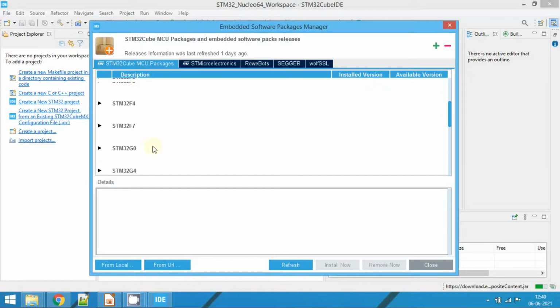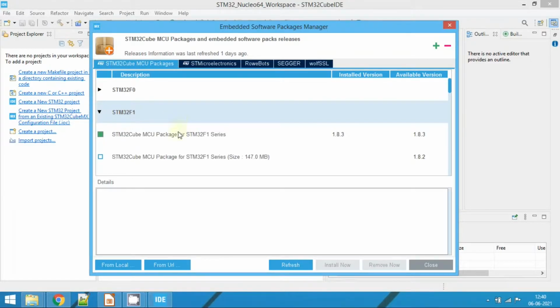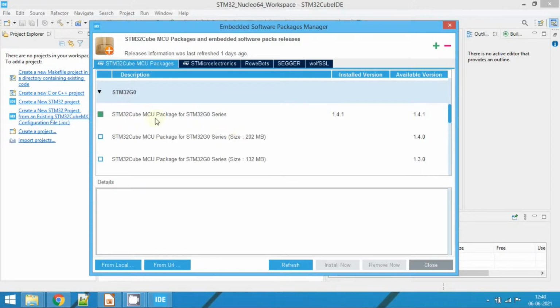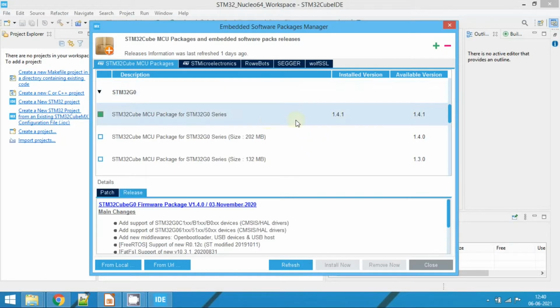You need to choose the one which is suitable for you. If you are using a Blue Pill module, you need to download the STM32F1 based Cube firmware package. I am using the STM32G0. Expand this, and you will be able to see all the versions of the Cube firmware packages. You need to install the latest version.